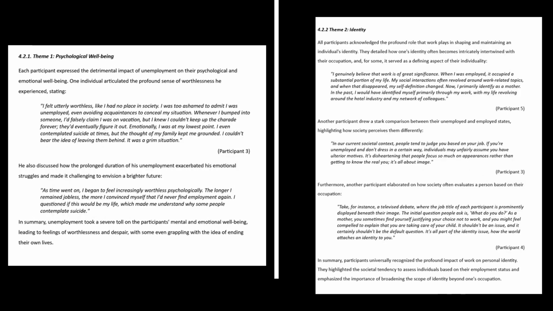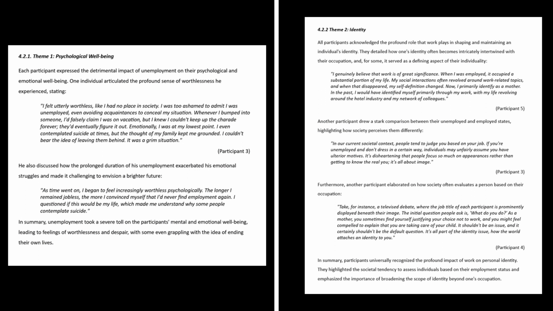In the interest of providing even more detail about a qualitative chapter structure, I provided a very handy visual, an exact replica of what this chapter should look like. So you can see here again, there's not too much white space from just having too many block quotes. The white space I'm referring to there is the bits on the side. Now you can get rid of that by, as you've seen here, having each participant express the detrimental impact of unemployment on their psychological and emotional well-being.